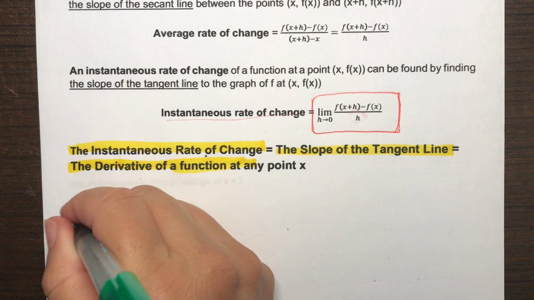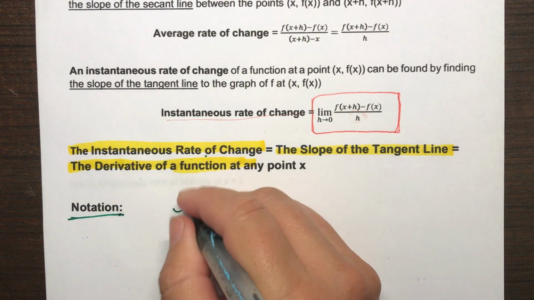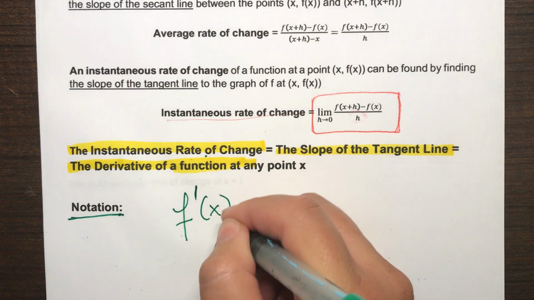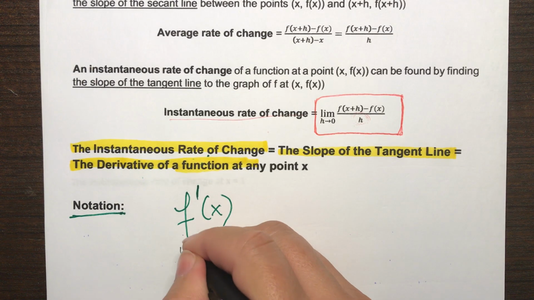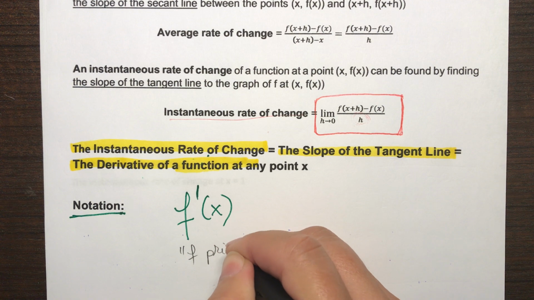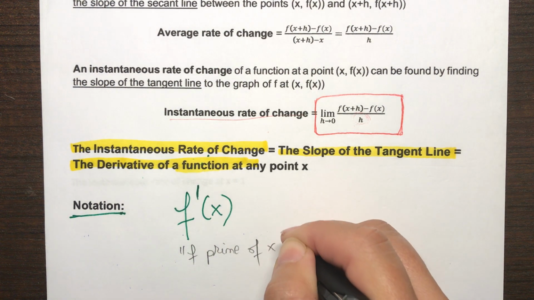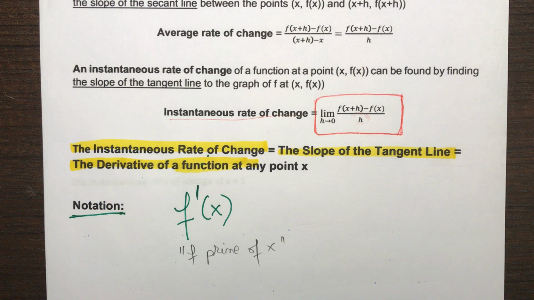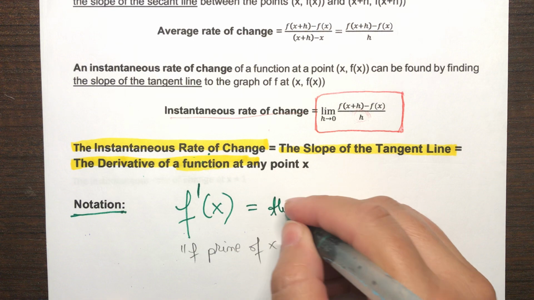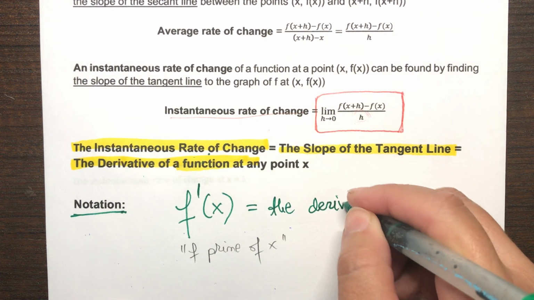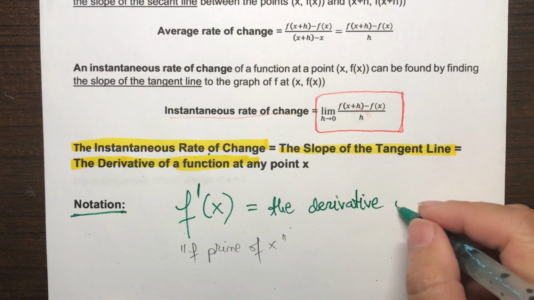All right, now this is our notation. We'll use this notation all the time. We call this f prime of x, or the derivative of f of x, or f prime. So it's simply the notation for the derivative of the function